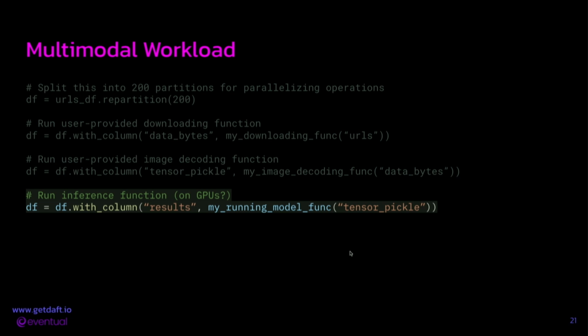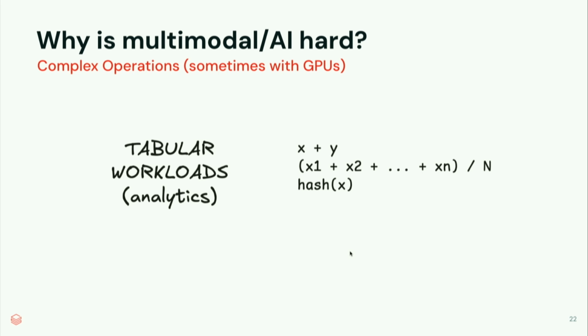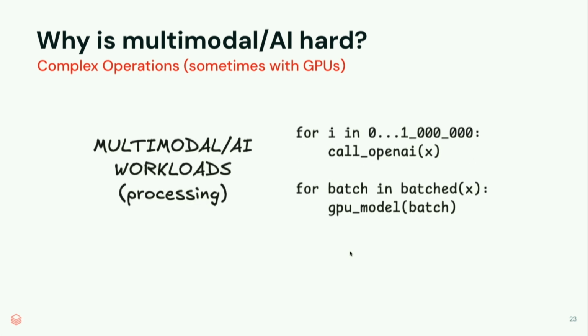The last thing we're going to do here is we're going to use a model function to run a model, say, on the images in our data, right? Simply expressed as like a UDF in Spark. Why is this challenging? Again, in tabular workloads, the operations are traditionally pretty simple. They just use CPUs, right? You just like stick things into the CPUs, and you have CPU instructions to run addition, hashing, all that fun stuff. In a multimodal AI workload, the operations you run are a lot more complex. They may involve making 1 million parallel calls to OpenAI, right, and hoping that OpenAI doesn't go down or like tell you to slow down. It may involve GPUs. Maybe now you need to use GPUs in your data engine and run a model.